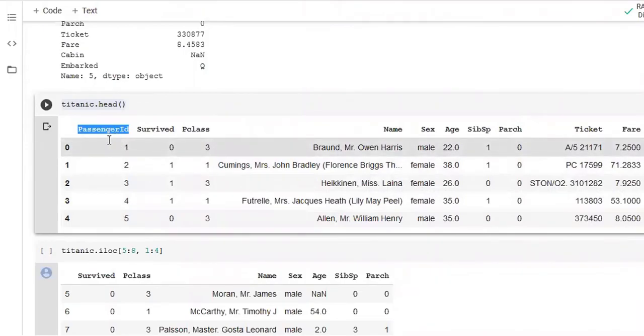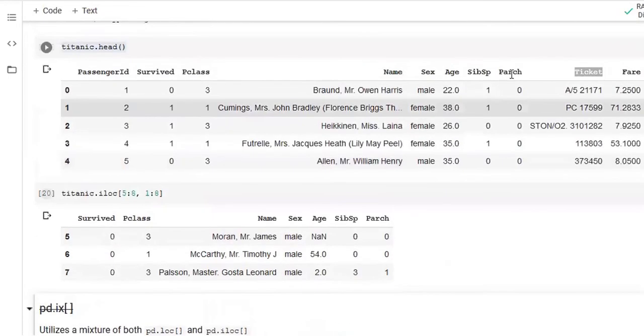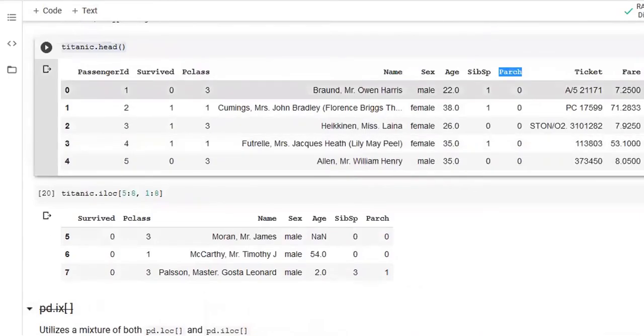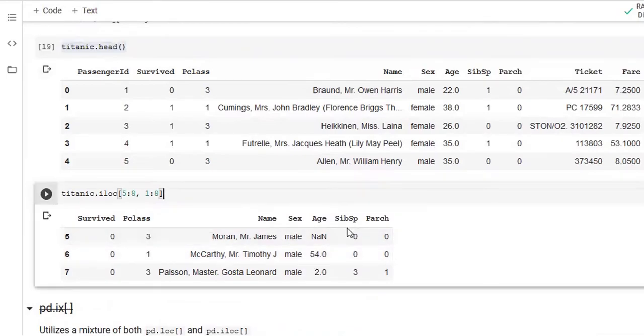So, if we have to reach till Parch, which we had done here, what we are going to do is start from 1, which is Survived, and then 2, 3, 4, 5, 6, 7, and then for Ticket, 8 I have to write here. So it will stop at the 7th, which is Parch. Ajay, I think this answers your question, right? Yes, sir. I misunderstood your question. I'm sorry. Okay. Let's move ahead.